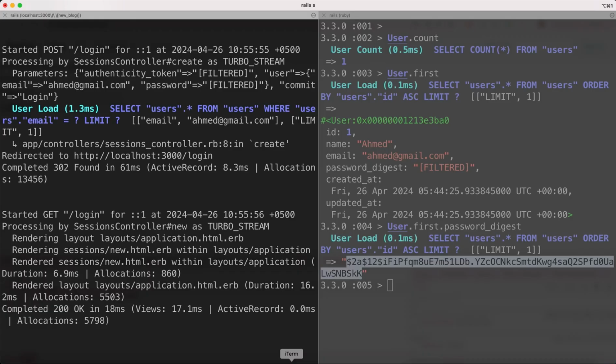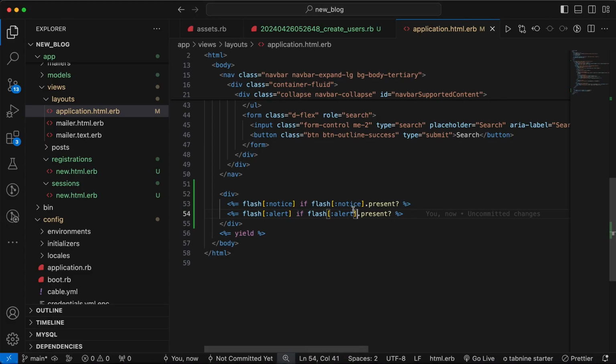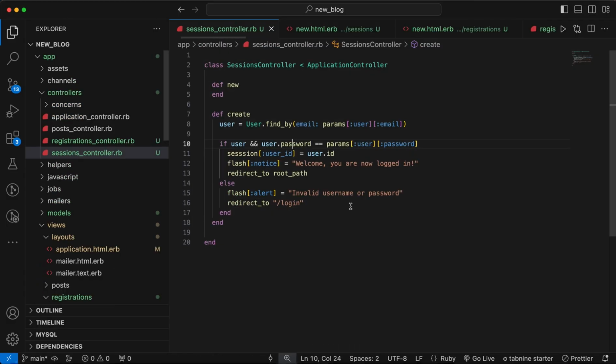So because I entered the correct password, but it still showed invalid because it tried to compare the plain string with the encrypted one, right? So we have to use the bcrypt method,